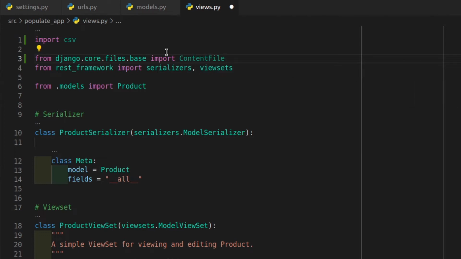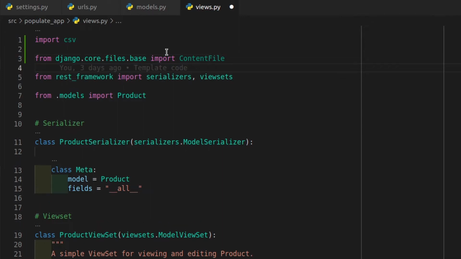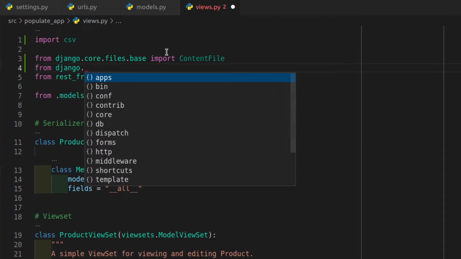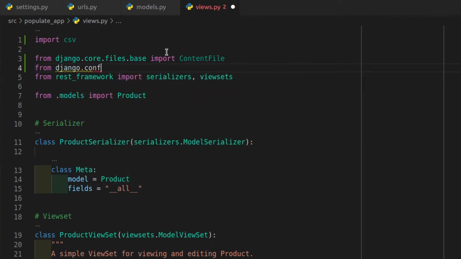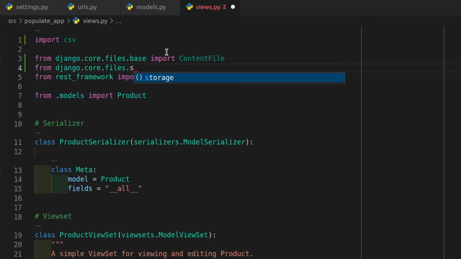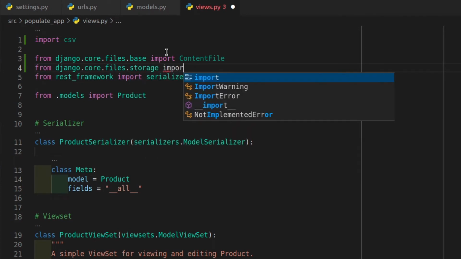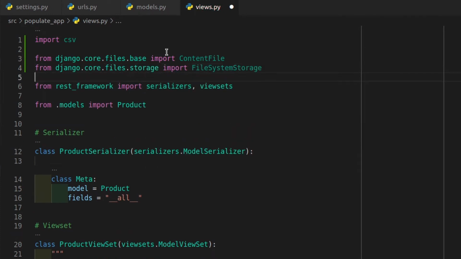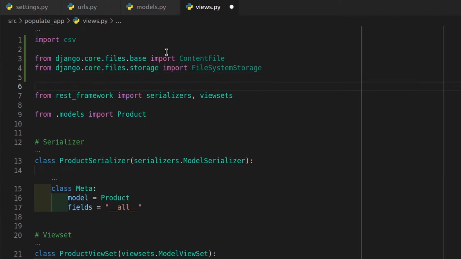One more I have to import is FileSystemStorage. That will come from django.core.files.storage, import FileSystemStorage. Okay, so that was from Django's core.